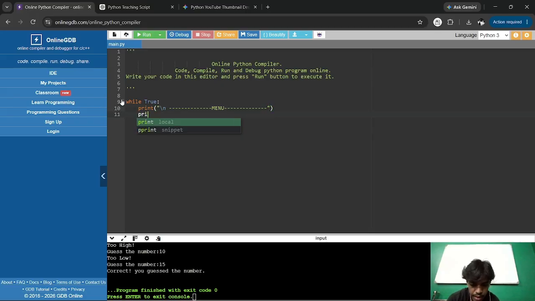Now we'll print first choice as, let's say, addition. Then we will print second choice as, let's say, subtraction. Then we would print third. Okay,